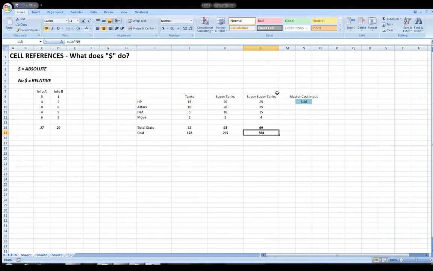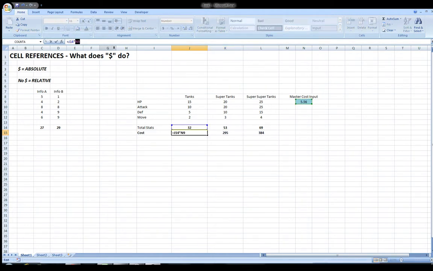But now imagine if you had 100 units or 1,000. Very commonly, you can be dealing with large amounts of data. Maybe you've got items in an RPG game or something like that, and you literally have hundreds and hundreds of items. You want to make this formula once and drag it over. You don't want to be entering it a million times. So there you go. Now, you can also do, you notice that if you hit F4 or Command T, you can